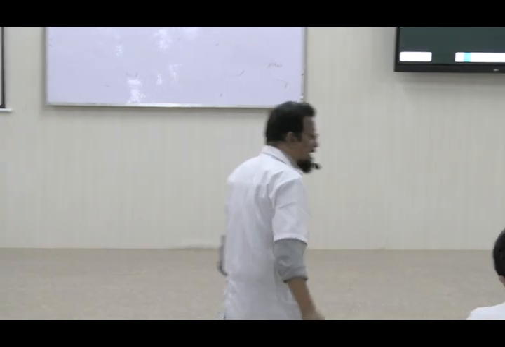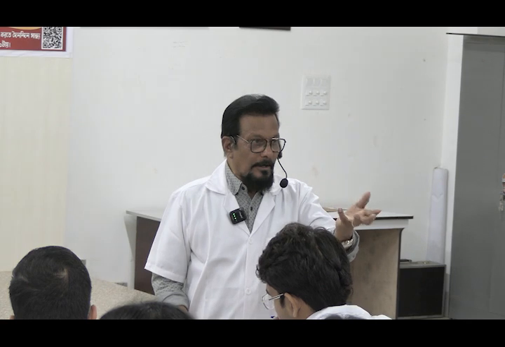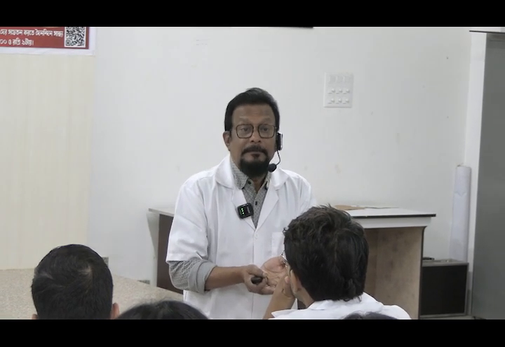See, on the right-hand side, these values are written in the differential count. Most of the cells are neutrophils, and in some disease conditions their number will be reduced, and in some it will be increased. When bacteria or any foreign organism infect us, neutrophils have to fight this organism, so their level in the blood increases because there will be increased formation of WBCs. The process is called